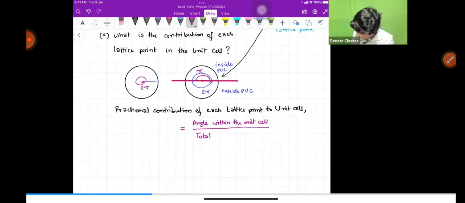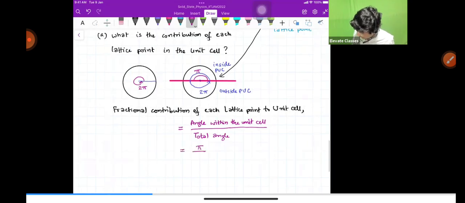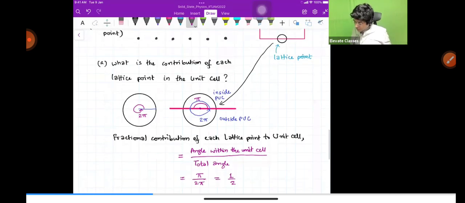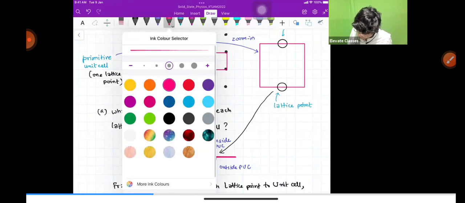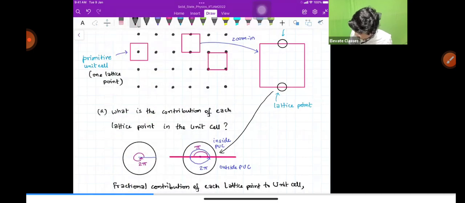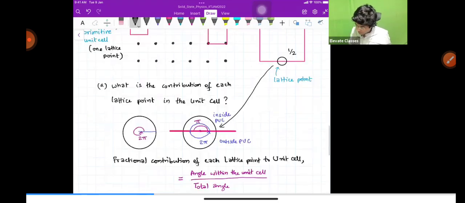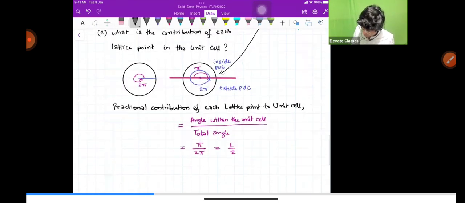Okay, so total angle. Here it is pi and 2 pi, so we'll get 1 by 2. So each contributes 1 by 2. This contributes 1 by 2, and similarly this is also a similar point, the same lattice point, so it contributes 1 by 2. So the total contribution becomes,